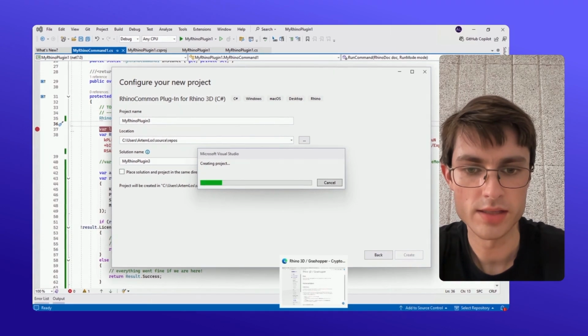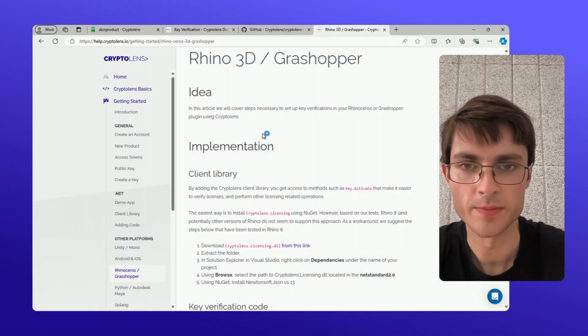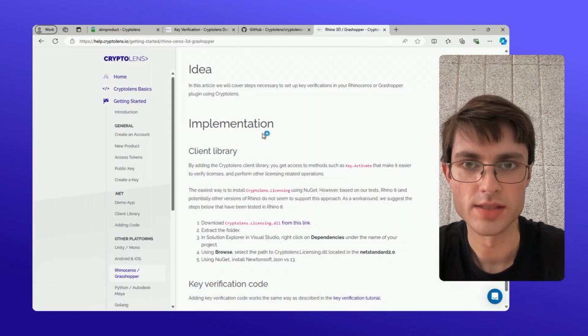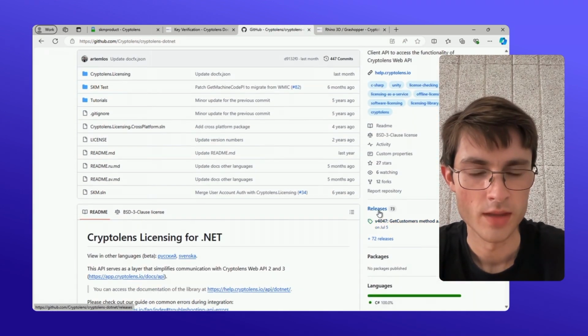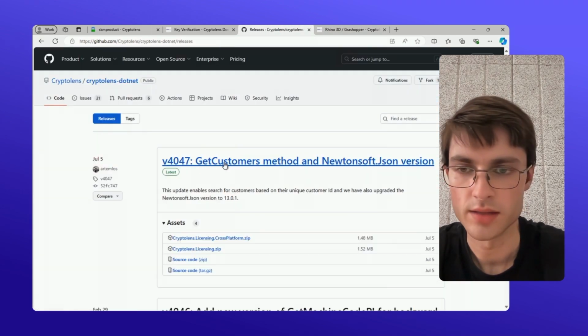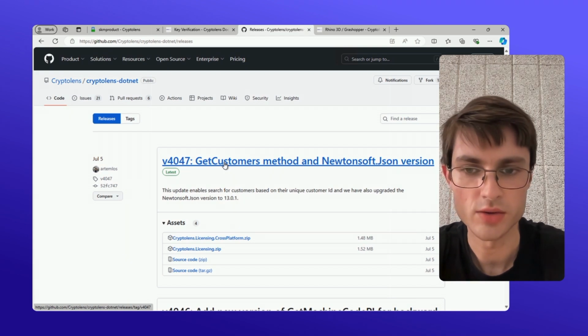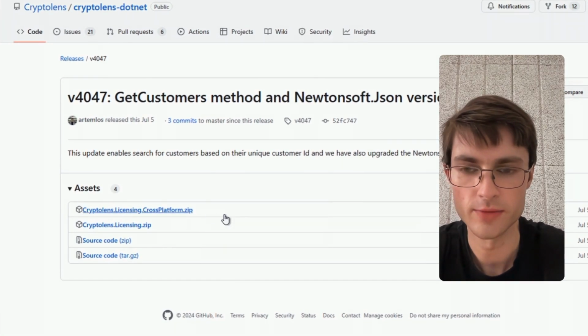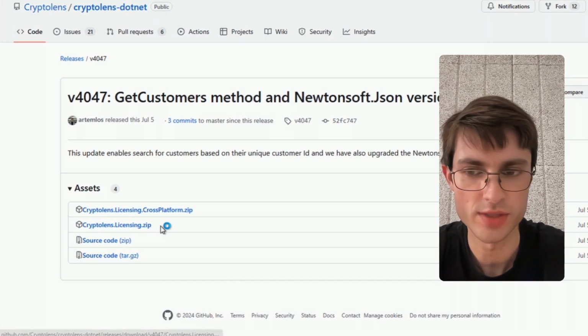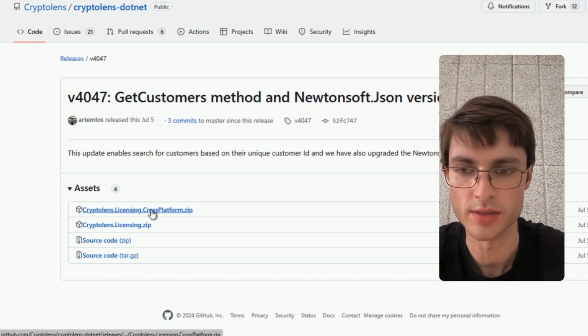While it's setting the project up, as you can see, the first step is to download the Cryptolens licensing SDK. If you click on this link, you'll come to our GitHub page. You would click on releases, and then let's say we take the latest release, this one. There are two versions. There's the Cryptolens licensing.zip, which contains all the features, and then there's the cross-platform